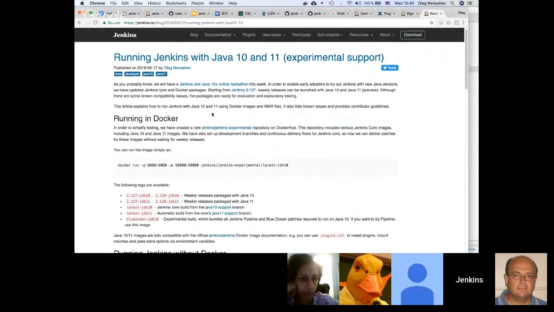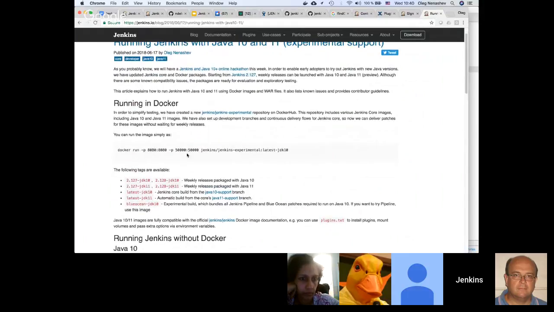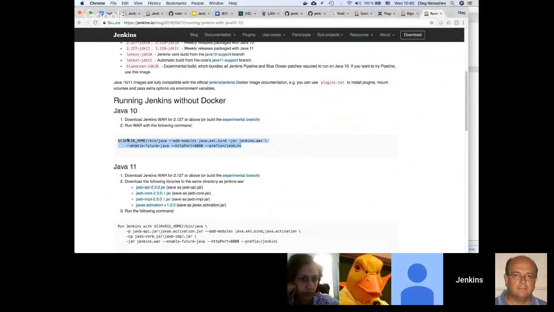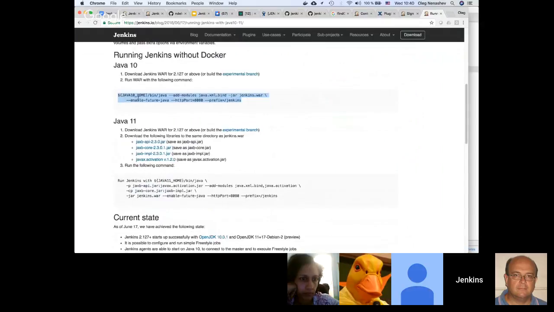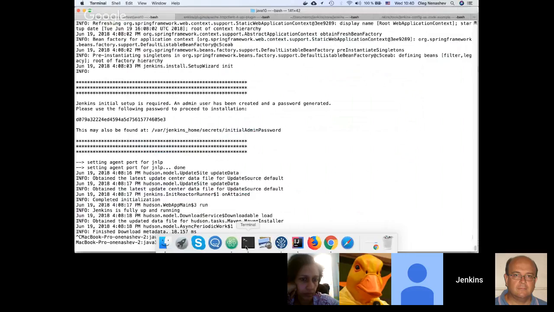You can find all the guidelines here, and the command lines you can use for Java 10. For Java 11, it's a bit more tricky, but you still can do that locally if you don't use Docker or whatever.